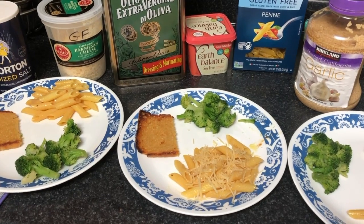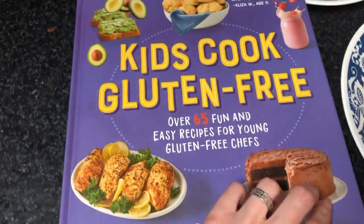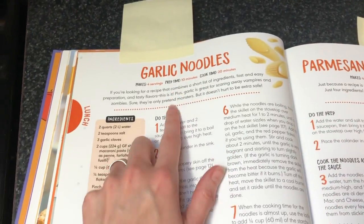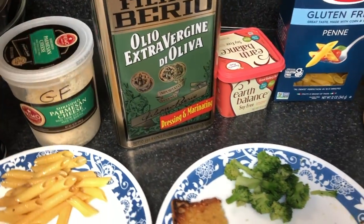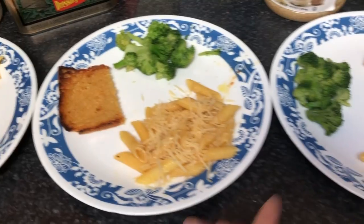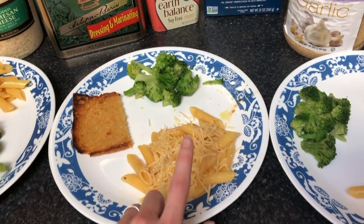This is Wednesday's dinner. It is garlic noodles. Here's the recipe again from the same book I showed before. Very simple, super easy to put together. So here are the ingredients we use: salt, Parmesan cheese for the ones that can handle dairy, olive oil, butter, gluten-free pasta, garlic. But as you can see, for my 10 and 6-year-old, it's the garlic noodles with Parmesan cheese